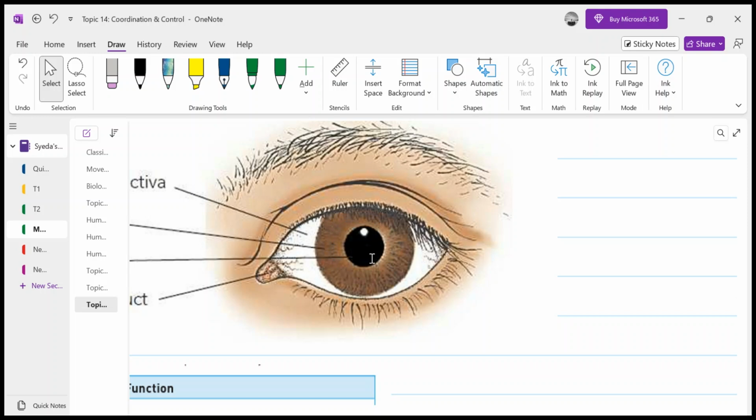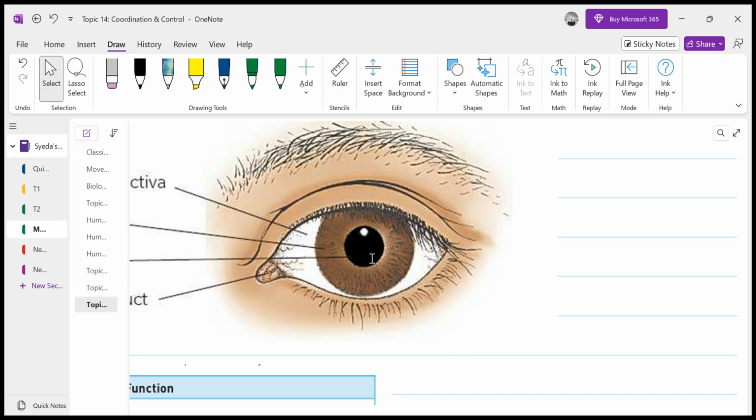For example, if you are in the dark, if there is less light outside, if there is dim light outside, you would want more light to enter into your eye so that you may be able to see clearly, right? But when you are outdoors in the mid afternoon, like 12 or 1 p.m., there is lots of light outside. So that light is quite dangerous for the photoreceptor cells in your retina.